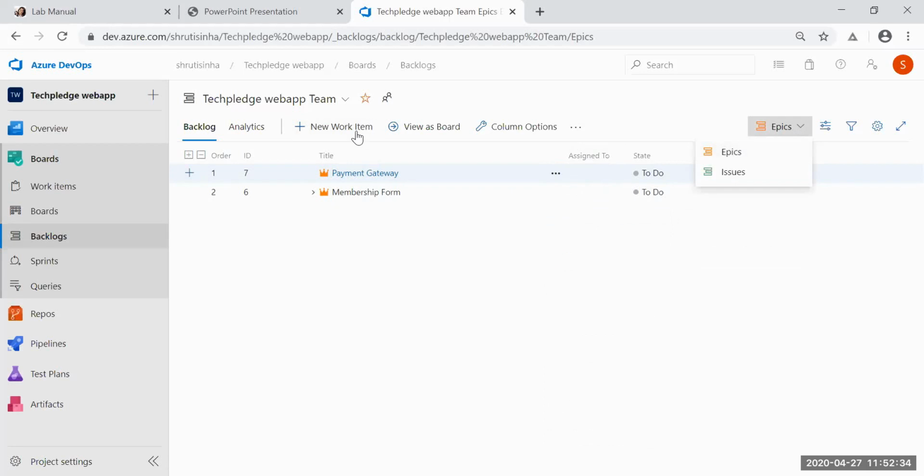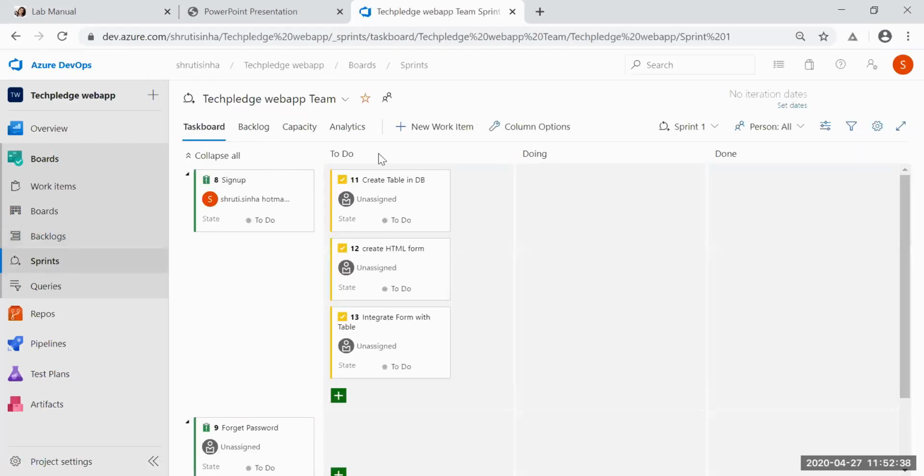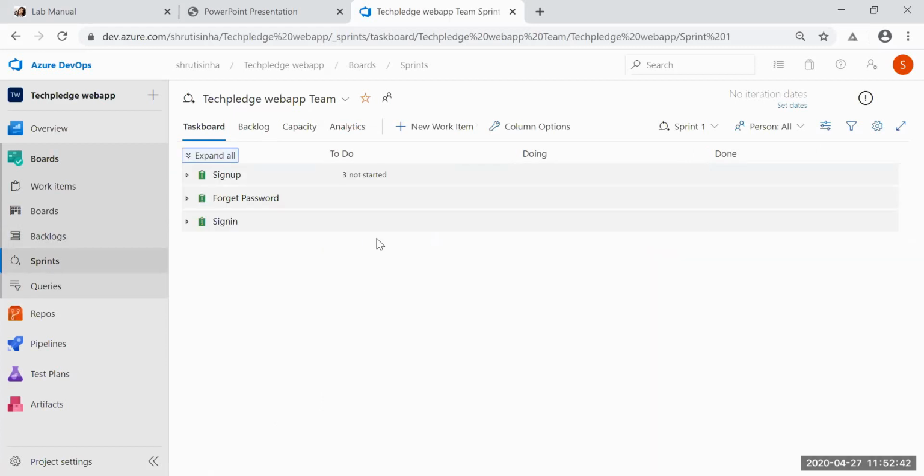Now let's go and see in sprint also. Collapse it all. So these are the 3 sprints. If you remember that presentation, we created 3 different sprints. Every sprint was developed, tested.